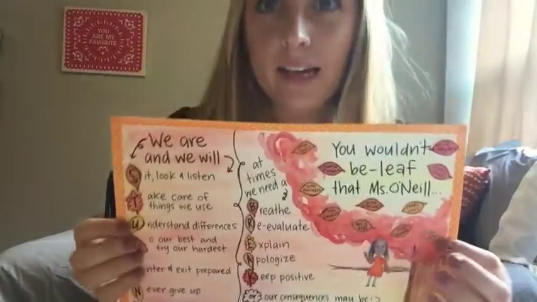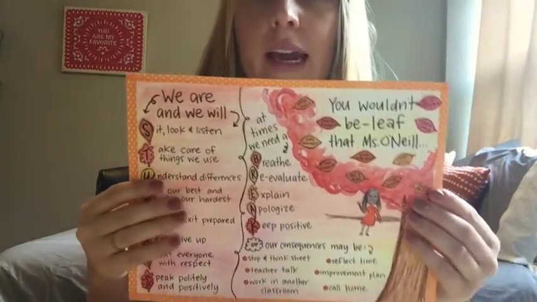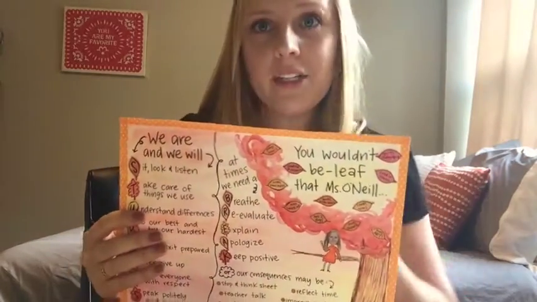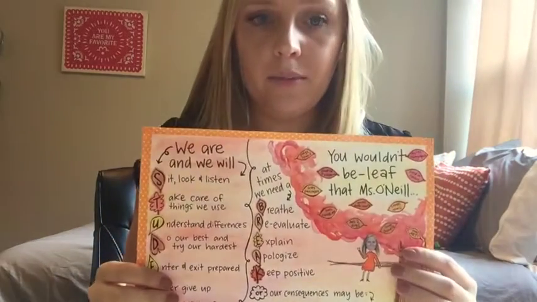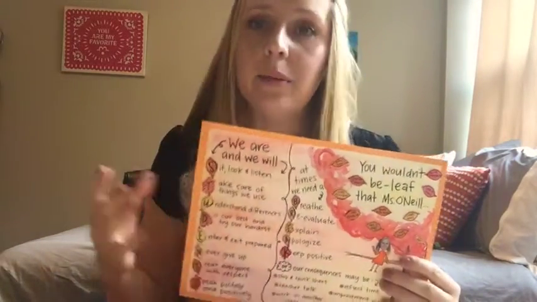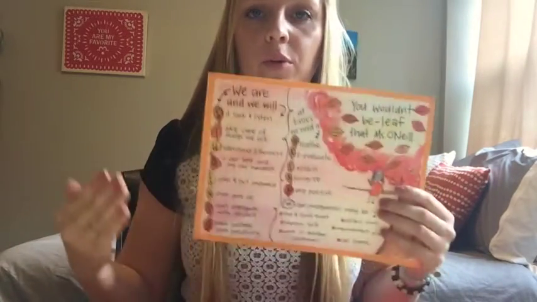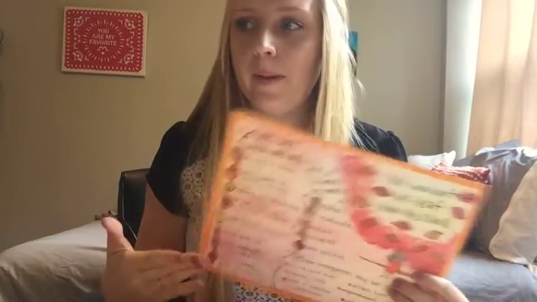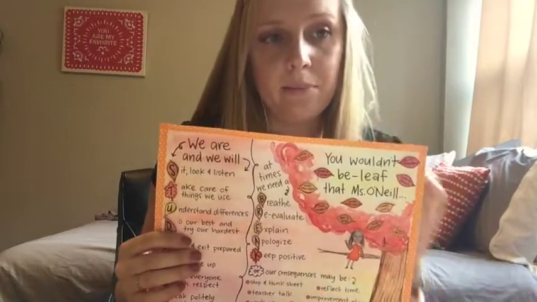Something else that I would like to do with my classroom, including this bulletin board, is give the students an opportunity to add to it. I think that a really effective classroom has input from both the teacher and the students. I also think that the students will be more likely to follow the rules and participate and help implement the rules in the classroom if they feel like they've participated in making them.